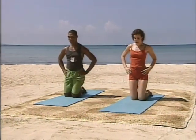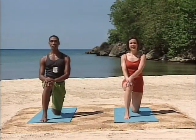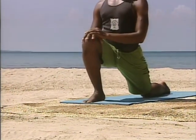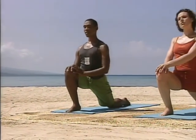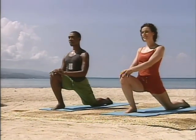So take your left foot up and place your hands on your knee. Inhale here, and as you exhale, begin to shift your weight forward, coming into a low lunge. Draw the navel in, feeling length in the lower back, and breathe into the upper chest. Inhale here, and as you exhale, use the breath to help you to become more flexible, opening through the quadricep,